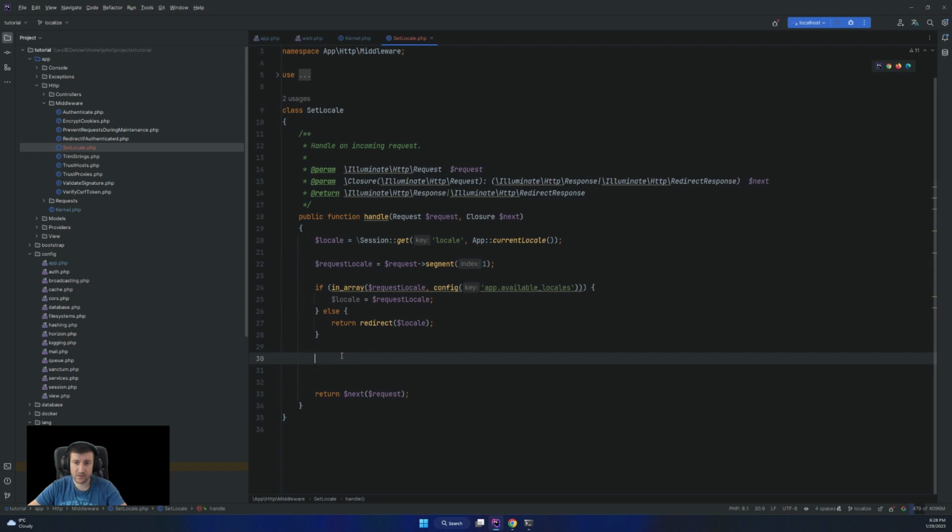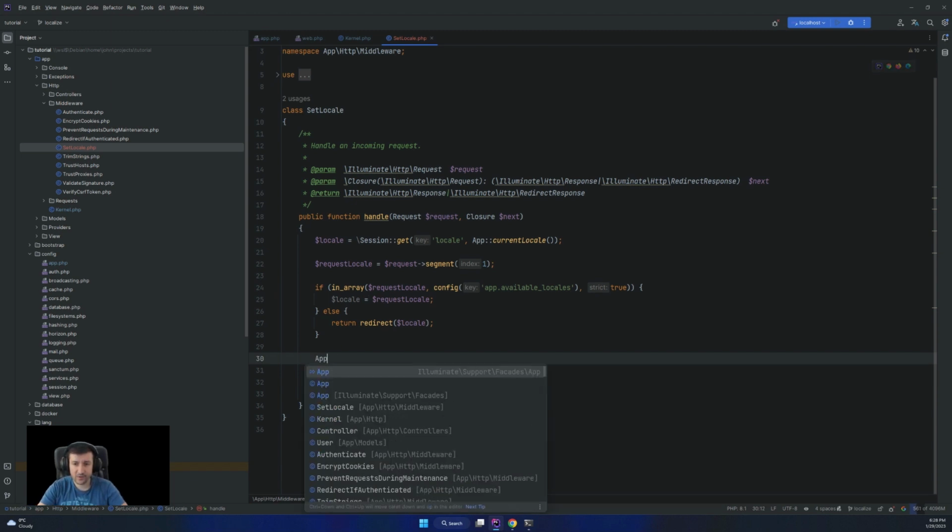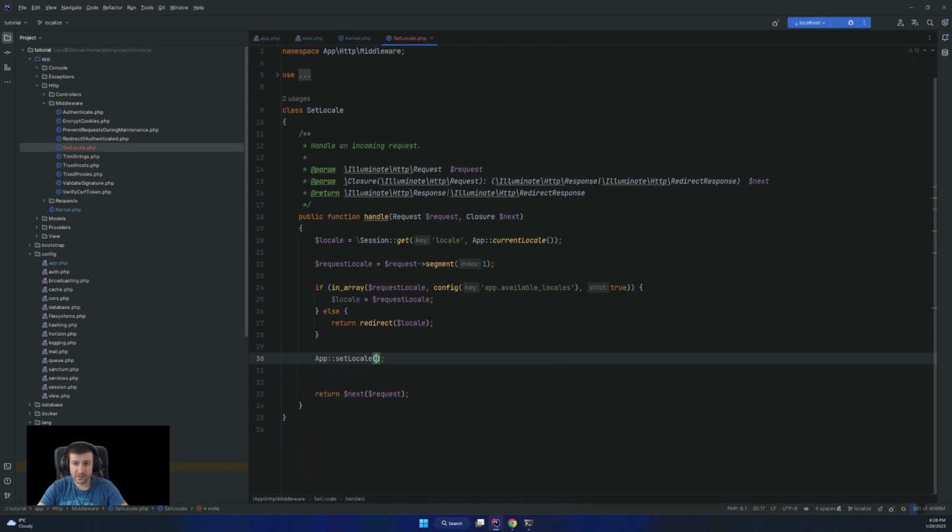So then that will do this. In general, in array, it's better to have it with strict. Now that we have locale, what are the next steps? So first, it's to set locale, the new locale might be the same, but like this we kind of override.